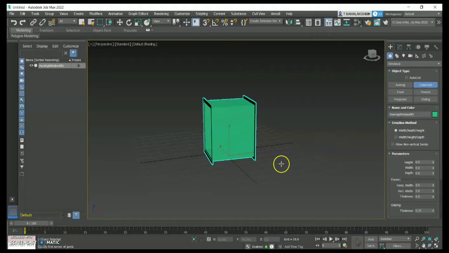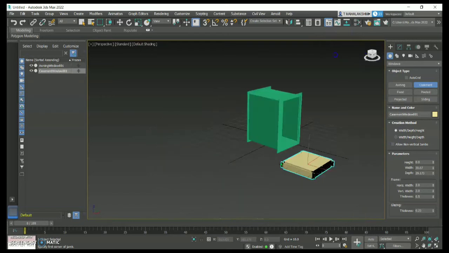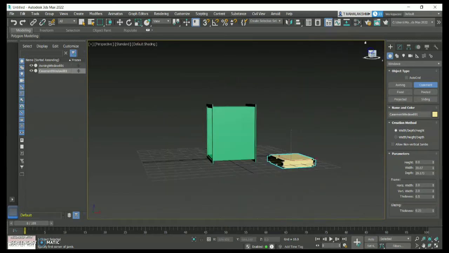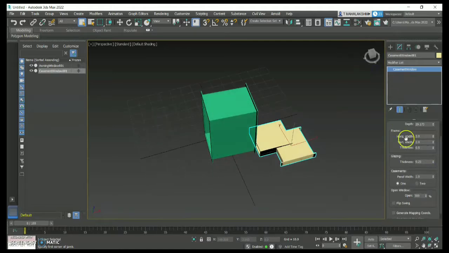And now the next option is going to be casement window. With 2 clicks I have created a casement window now. And let me toggle it and show you how the under part looks like. So this is how your casement window is going to look like. Now let me click modify option, and here we have the option called open window, and I'm just opening it. As you can see, casement window will open like this. It is going to open like a flicking box, open and close. However you want, you can use it as a window also, or if you are going to use it for any other product, you can do it.